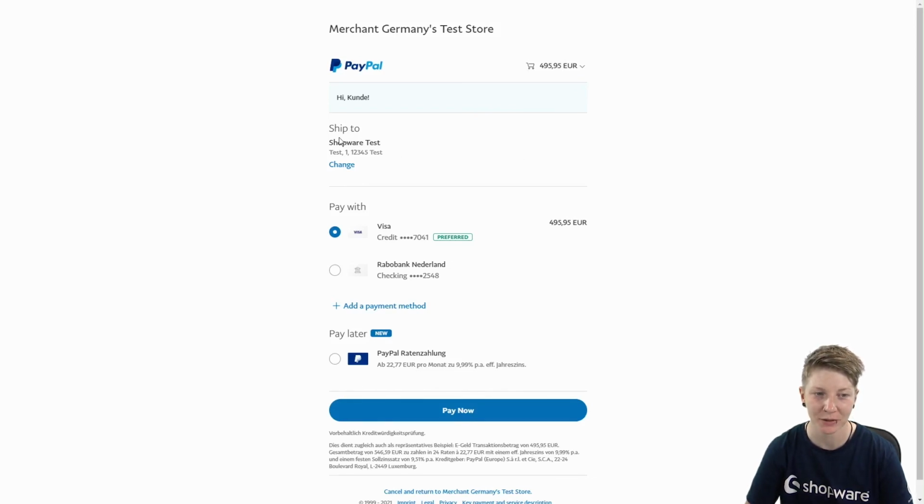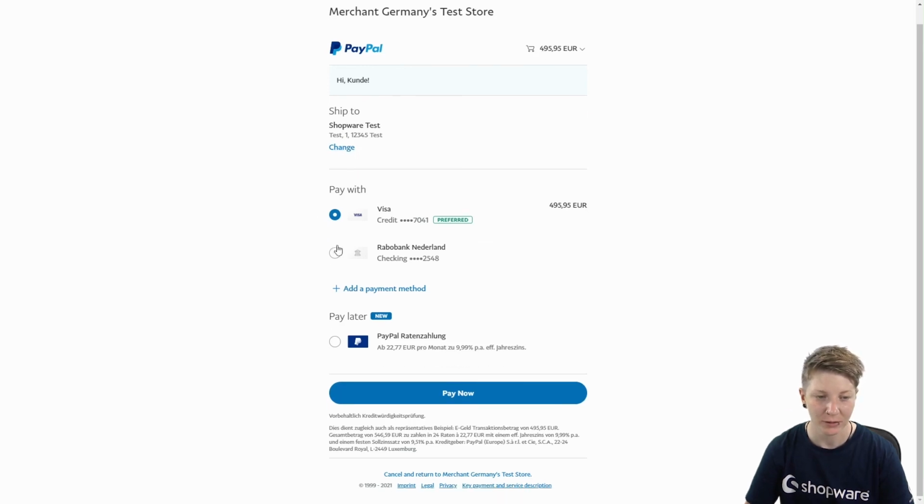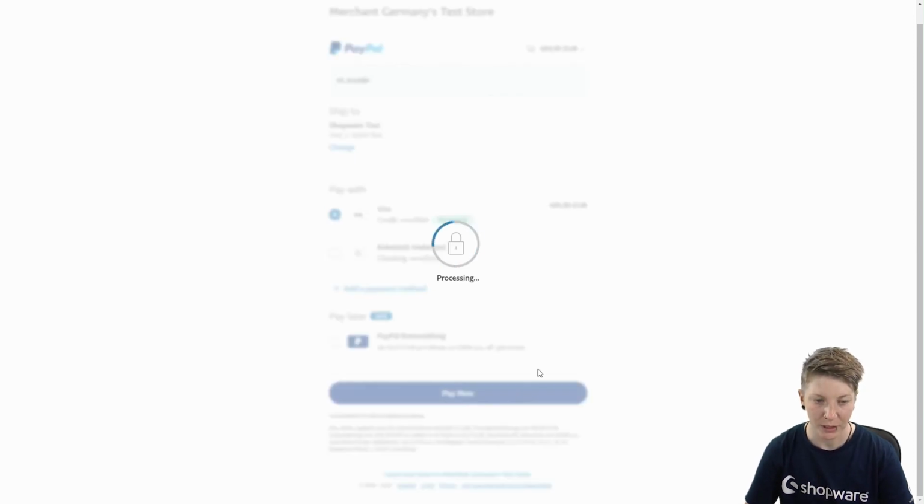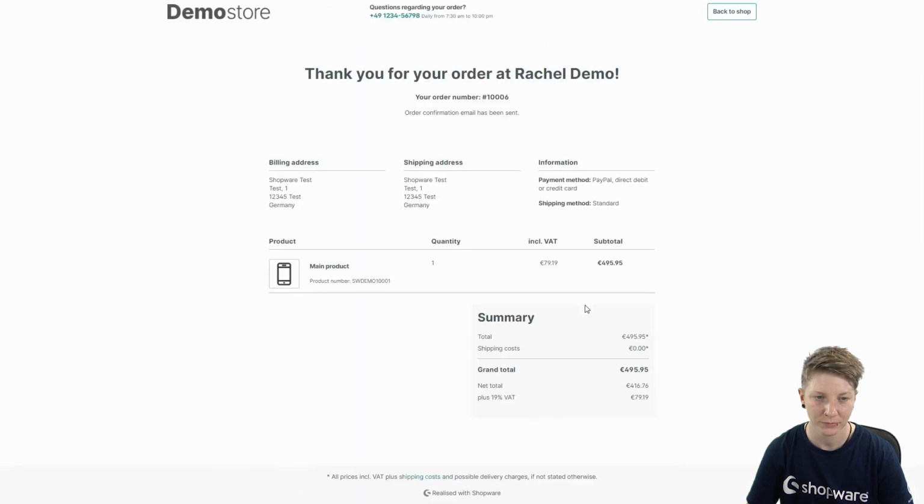You can see your shipping address, and you can even change it here. You can add a payment method or choose an already existing payment method. And you can still choose the Pay Later option. Click on Pay Now to proceed the checkout. And now you have placed your order.